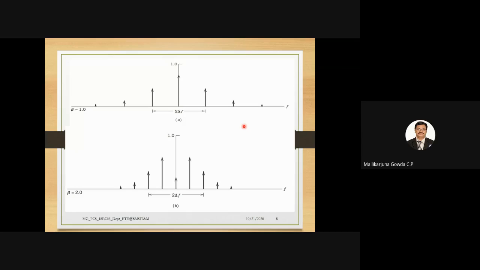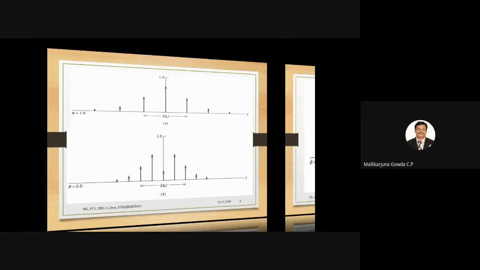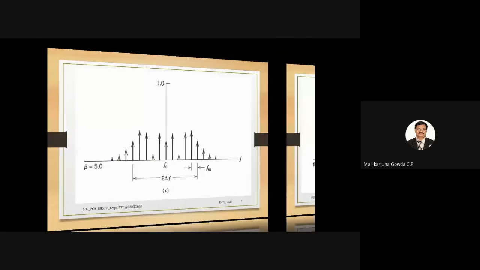So now what you are able to see here, when the frequency of the message signal is varied, keeping the amplitude of the message signal constant, what difference are you able to find? More spacing, more spacing, right? Because you are varying fm, right? You are varying the frequency of the message signal. I hope you are able to understand this difference compared to the previous two diagrams.